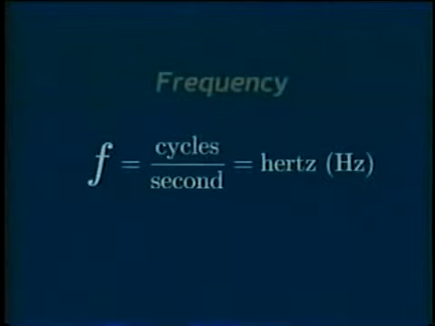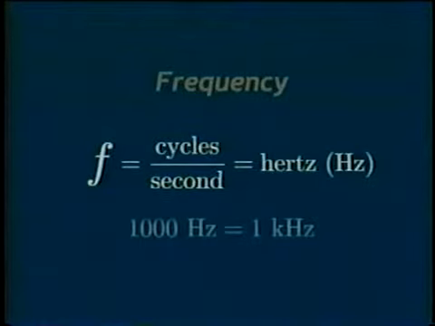Waves also have an associated frequency. Frequency, abbreviated with a lowercase f, is defined as the number of cycles of repetition per second. In other words, frequency is the number of wavelengths that have passed by a stationary point in 1 second's time. The unit of frequency used here is called hertz, abbreviated Hz. It's defined as the cycles of the wave per second. When the number of hertz exceeds 1,000, it's common to write the amount in units of kilohertz. For example, 1,000 hertz equals 1 kilohertz.